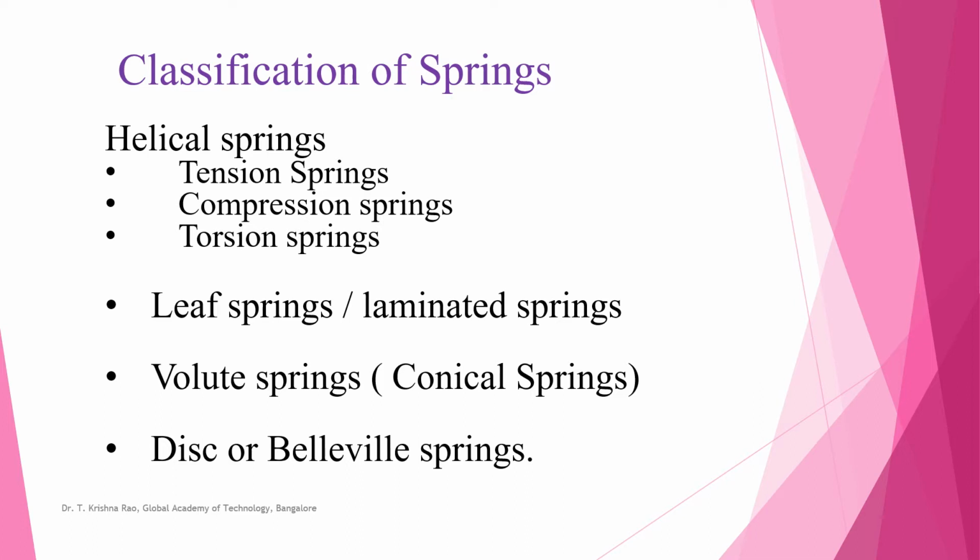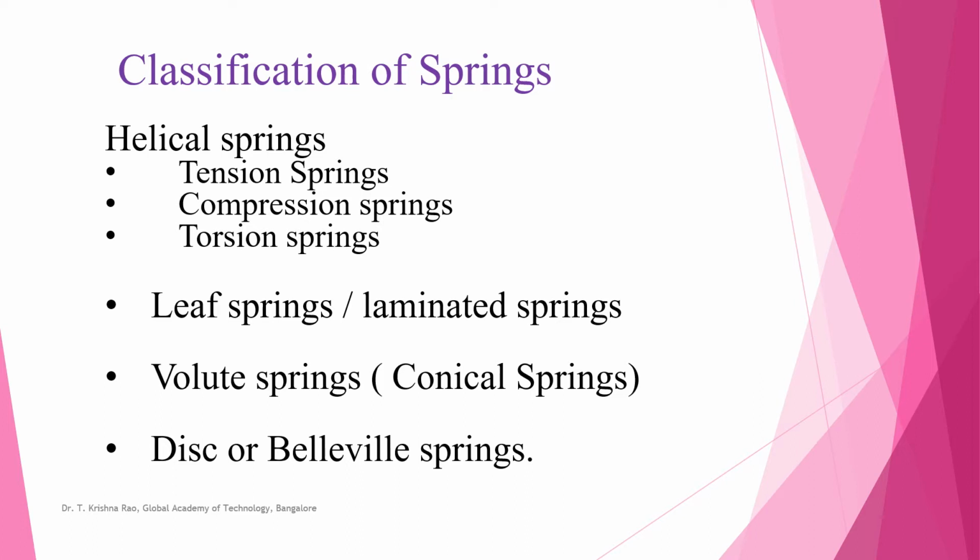Tension springs we have seen in the motorcycle stand and the cycle stand. Compression springs are also seen on motorcycle rear shock absorbers. Below railway wagons there are coil springs. Torsion springs are used in watches, toys, and in school days we used a writing pad with a clip. There is a torsion spring inside the clip. When you open the clip, it closes automatically by the spring.